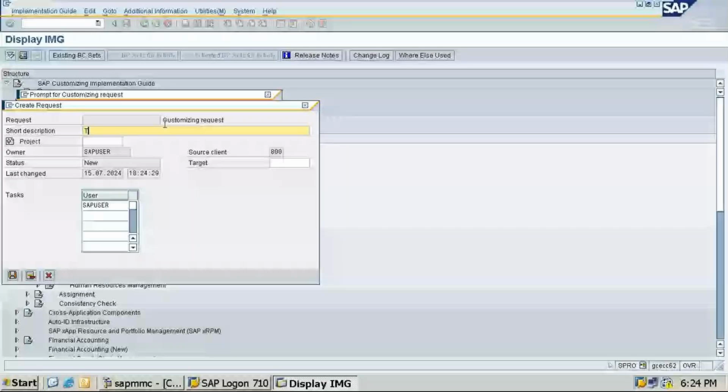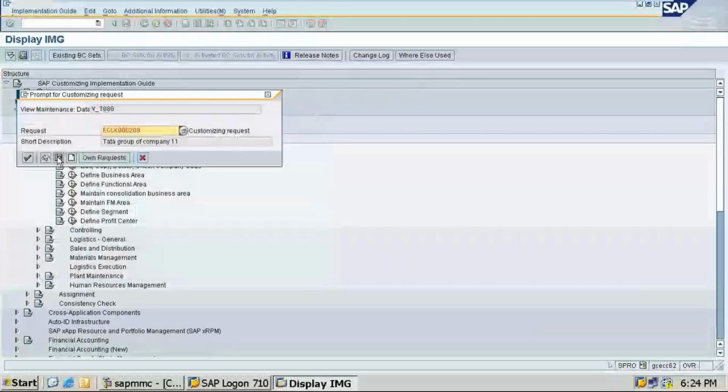Then click on the save button and click on continue or the enter key. You can use Control S also. And now you can see TATA 11 Tata Group of Limited. So back. So this is the defined company.